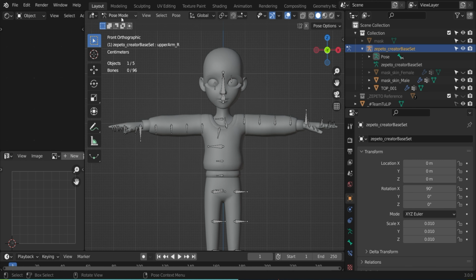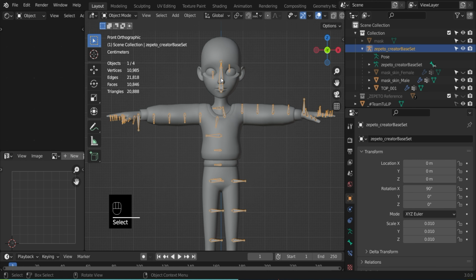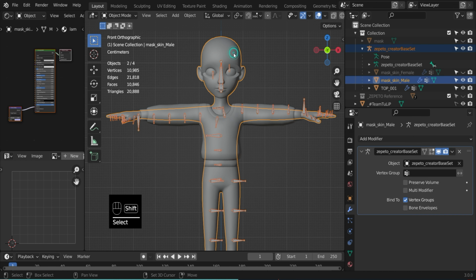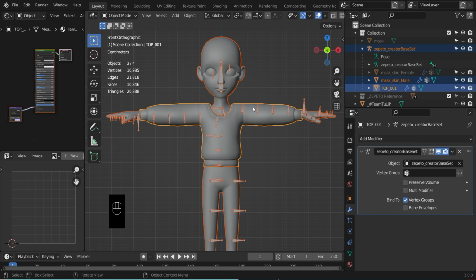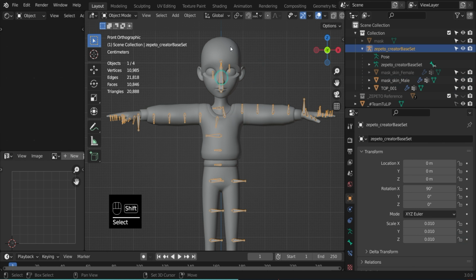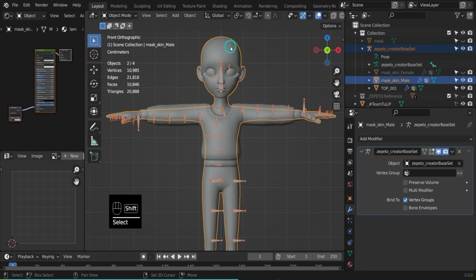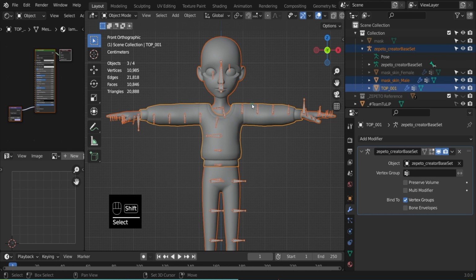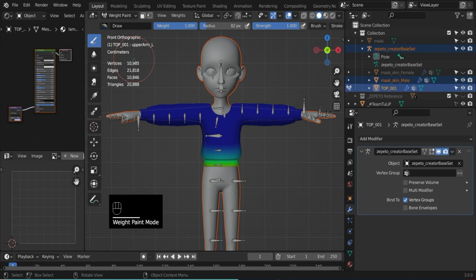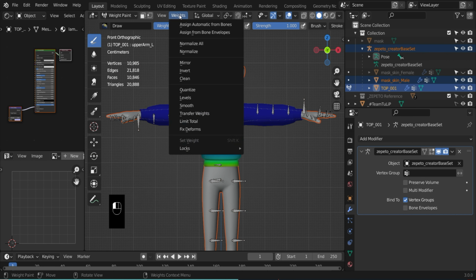So let's fix that. Select base set, holding shift, select mask skin male, and then your item. It has to be in this order. So again, the bones, holding shift, select the mask skin, and then the top. Go to weight paint mode, weights, transfer weights,